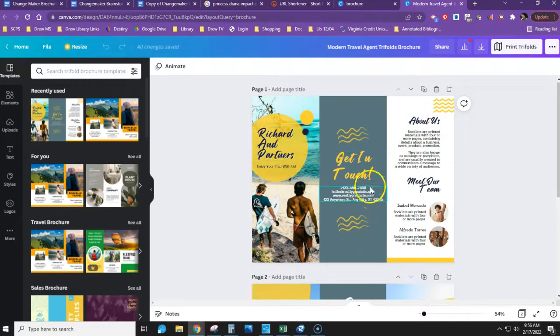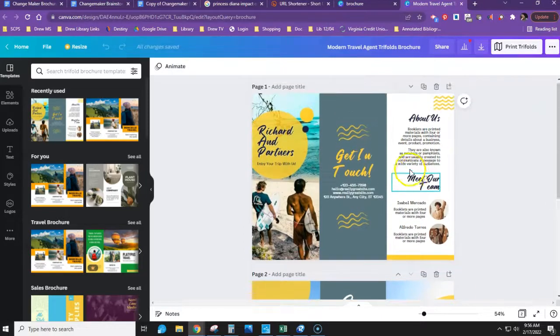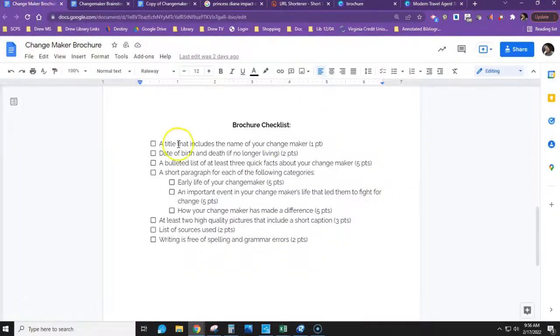Okay, you might have some information instead of maybe getting in touch. This was a sample company, but maybe it would have your list of the websites you used or the name of the articles, things like that. But instead of filling in just tons of pictures, this is where you would put your information that is on your brochure directions. So we have a title that includes the name of your change maker,